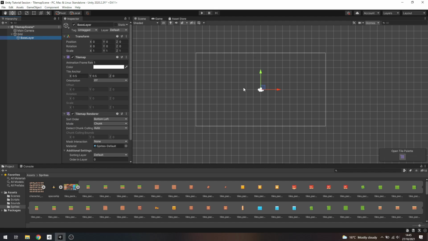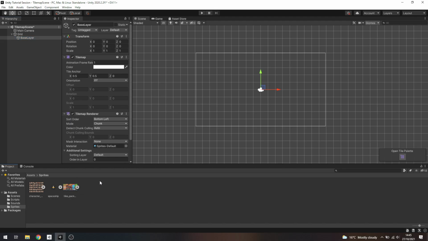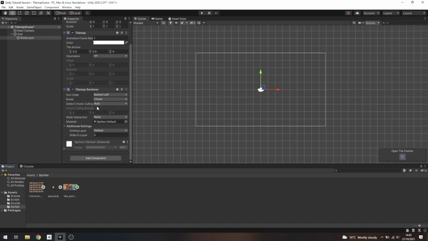How do we actually add tiles to the scene now? This is one of the things where Unity makes it a little bit more annoying than they probably could, because there's a lot of steps involved here, but if you just bear with me, then we'll get through this. So we've got the tile map. We have a tile map renderer component, which is actually going to be rendering the tiles, obviously. But we need to create some tiles to add to